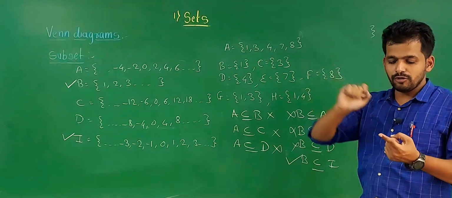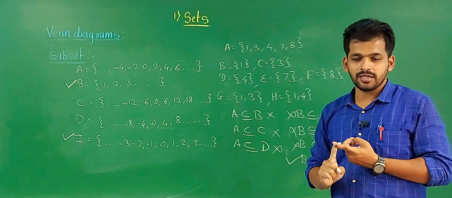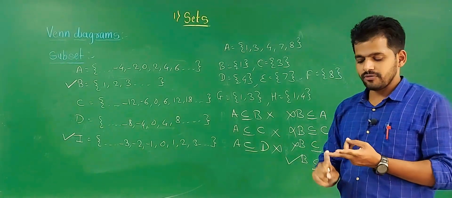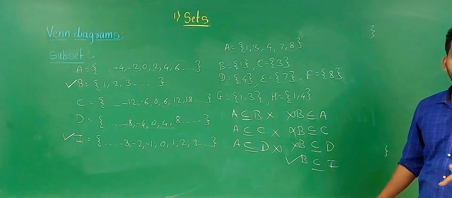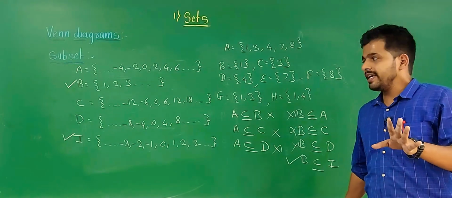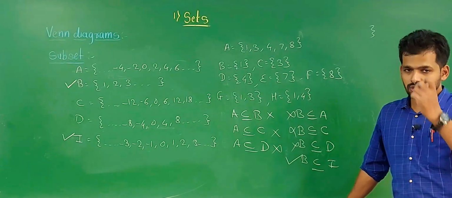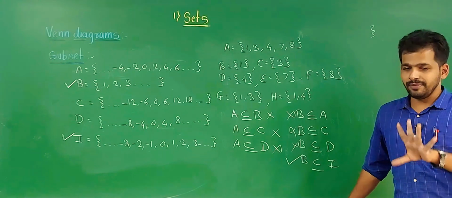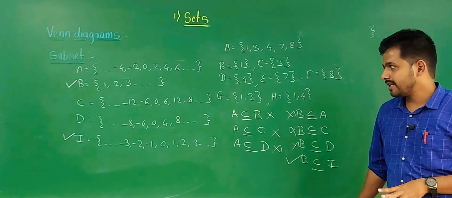Venn diagram, we have to represent a set in the form of a figure, that is a closed figure. We use circle, square, rectangle, standard figures. And subset means if we compare two sets, if A and B are two sets and every element of set B is present in A, then B is a subset of A. Remember these points, and some activity-based questions are also given.